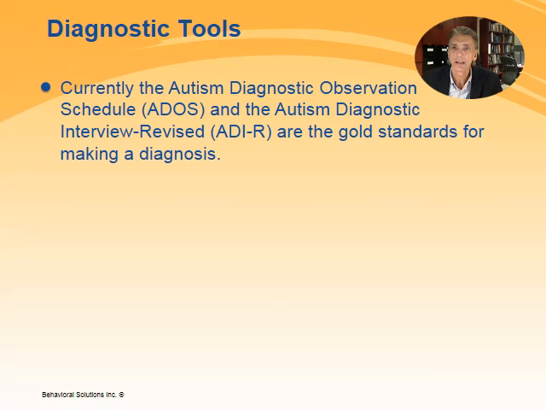Since the 1970s, several other diagnostic tools have been developed. An ongoing issue, however, is the level of research support the tools have demonstrating that they have what is called good or sufficient psychometric properties. These psychometric properties are important for determining how well they work for making accurate diagnoses.